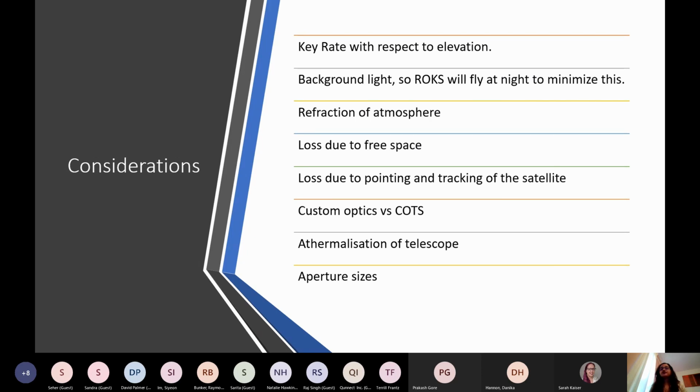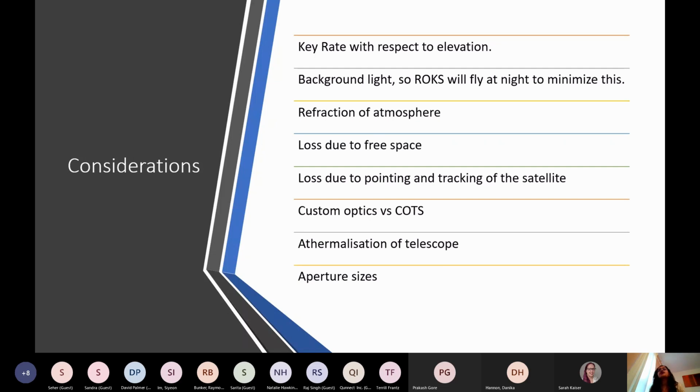Now, in order to do satellite QKD, there are various different considerations as opposed to fiber-based QKD. On fiber-based QKD, it's not as simple as I'm going to make it sound, but you can put your transmitter on the tabletop and connect it to a fiber optic cable with some collimator, and that can literally take the photons to a receiver on the tabletop as well. Here, because we have a satellite flying over the Earth, we have to figure out what its elevation is at a particular point. We have to figure out whether we actually get some amount of viable key rate with respect to elevation.